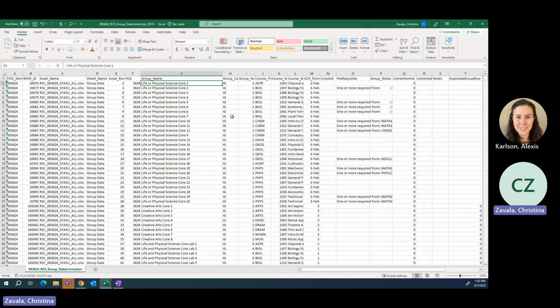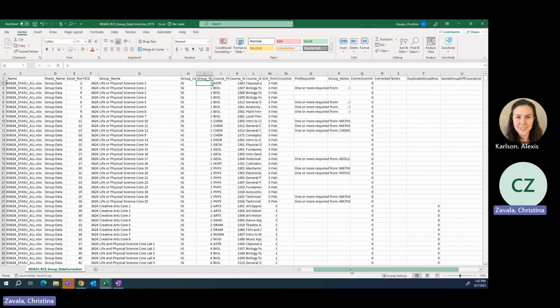And then we can see that, yes, in fact, they're all using the IG group listing, and they are all also using this group number of 1. And so I'm pointing these things out for a reason. So if we scroll over